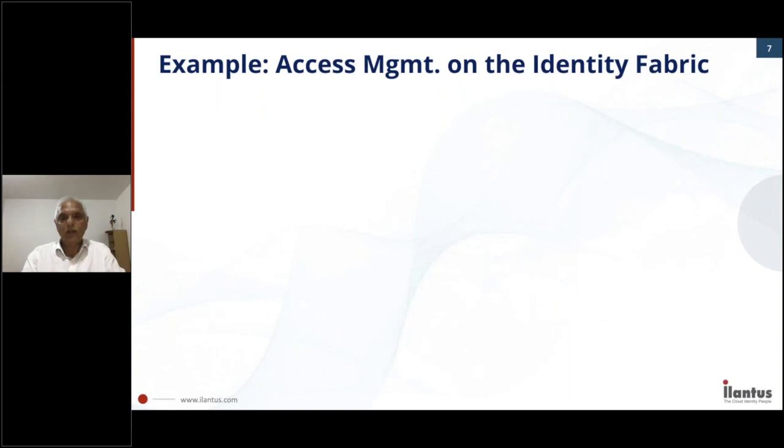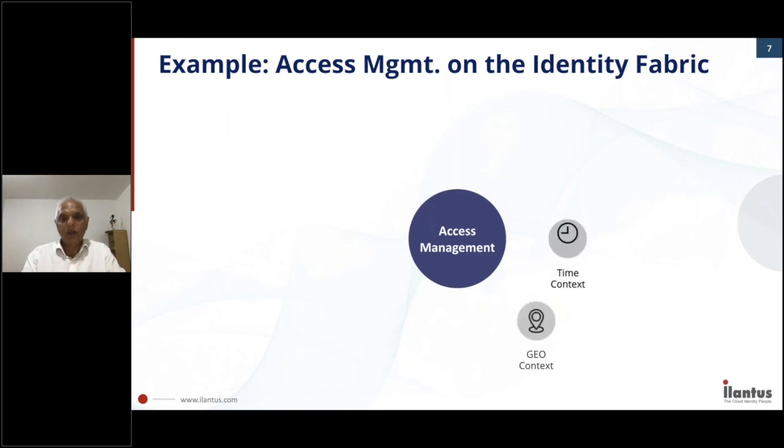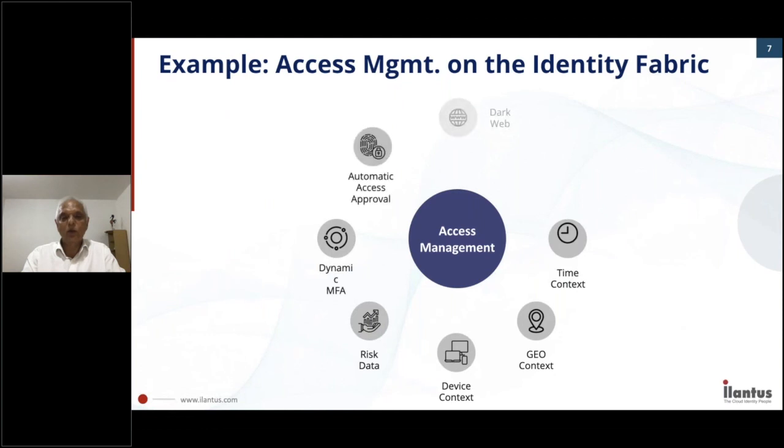To show you an example of how this identity fabric really operates, I'll take the example of access management. Now, access management, as we know, does offer multiple services. They are not available as a service today. They're available as modules, which are very rigid in nature. But in the identity fabric, you'll have access management delivering